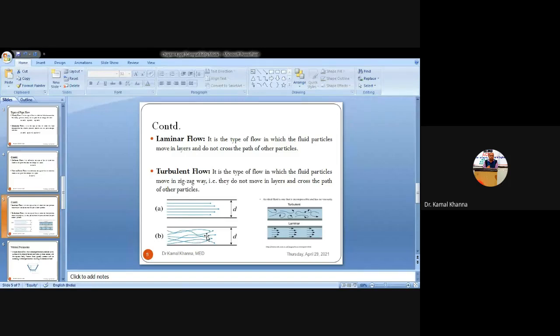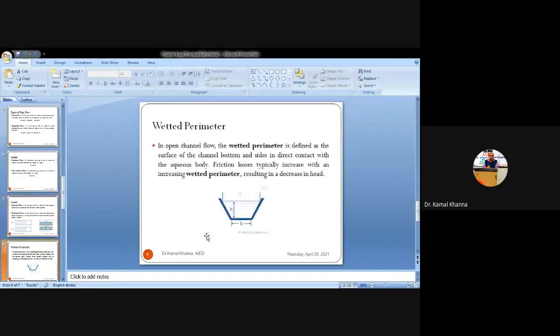Next is the wetted perimeter. In any open flow channel, you can see wetted perimeters. Basically, whenever you have poured a liquid or any fluid in a beaker, the surface on which the liquid is touching the inner portion of that container is called the wetted perimeter. Like you have filled water into the glass and the glass is half filled.